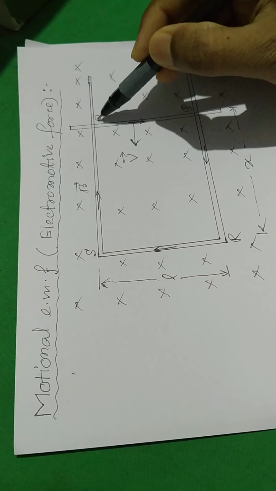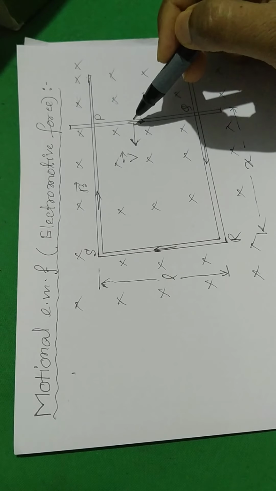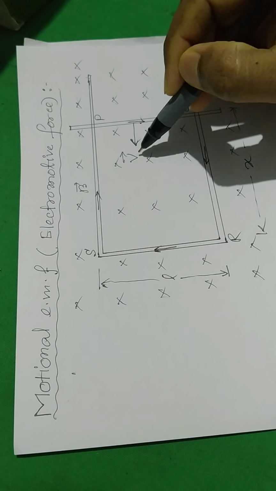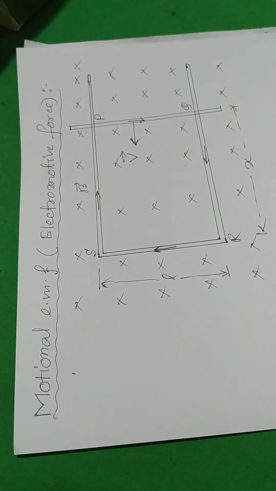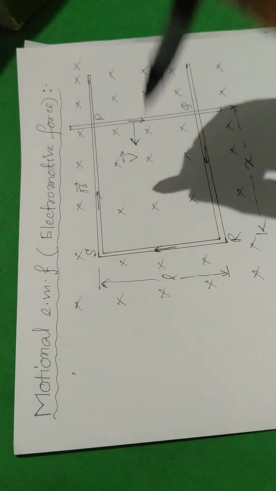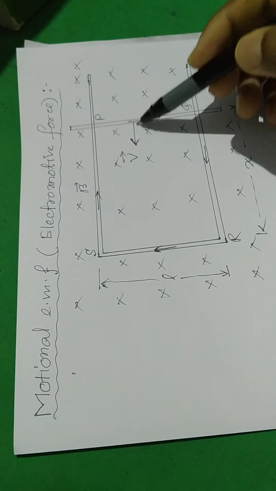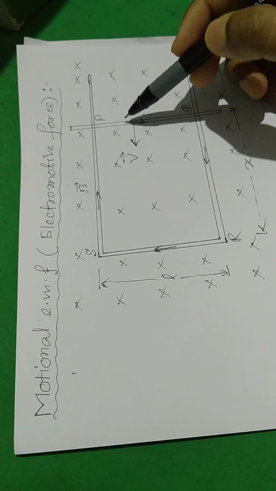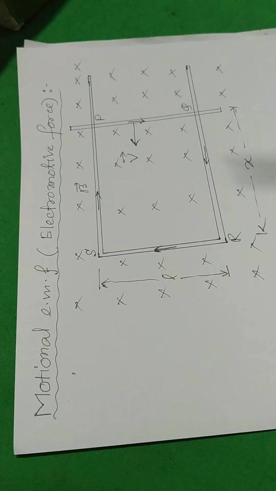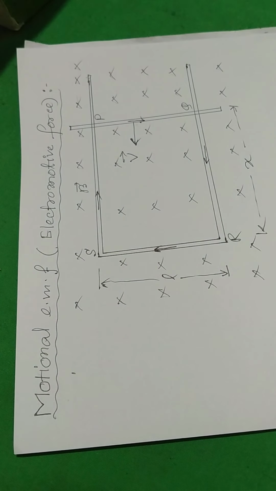Now you see the diagram. PQ is the conductor. While this conductor moves inwards with velocity v, the area of this loop is decreasing. Since the magnetic field is acting perpendicular to the plane of the loop and is fixed, but the area of the loop changes, an induced EMF is produced due to the change in area.